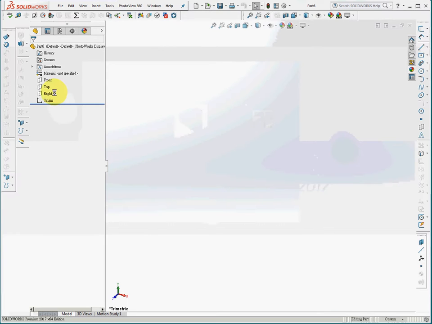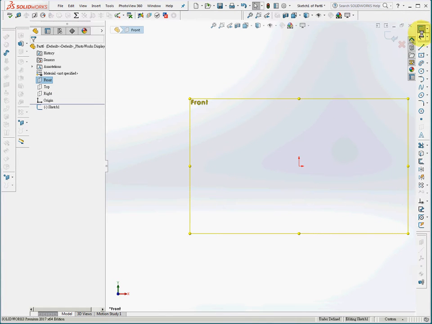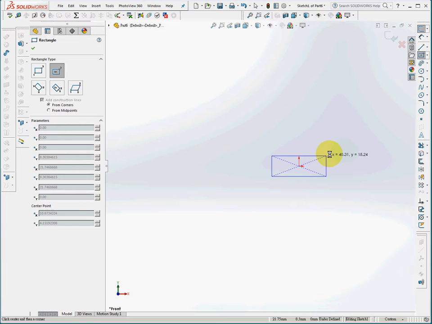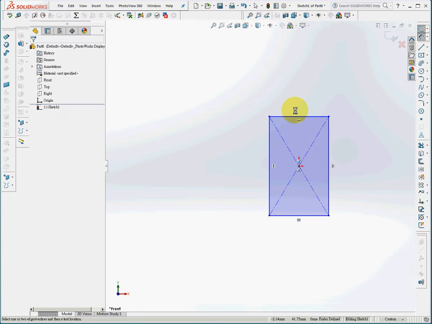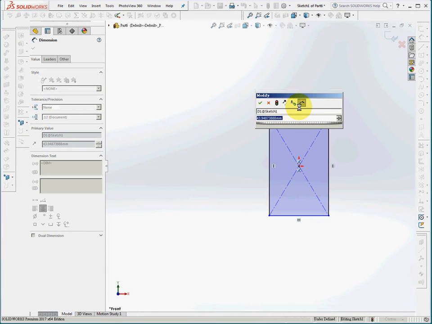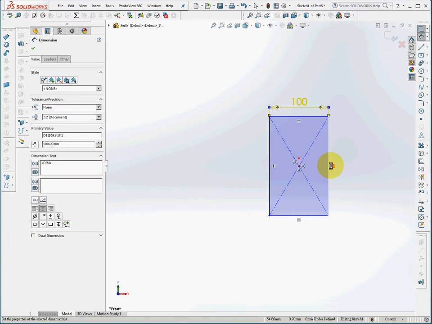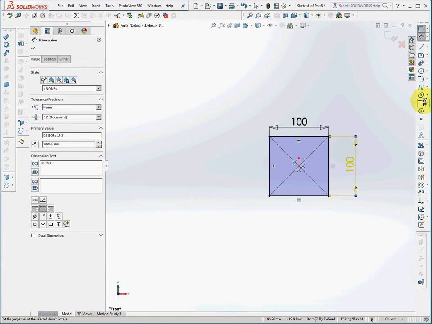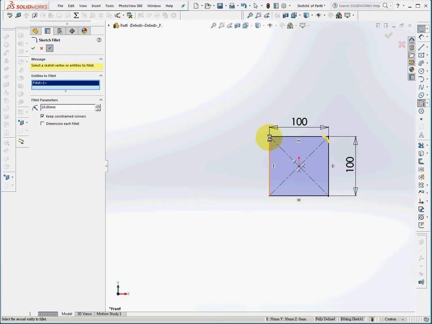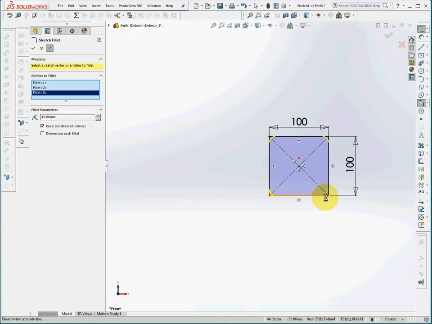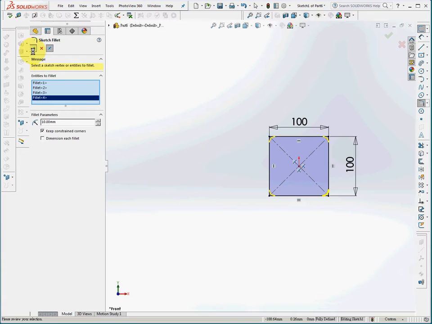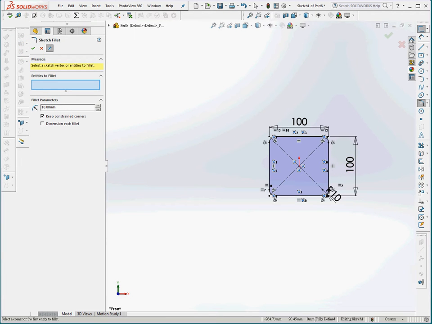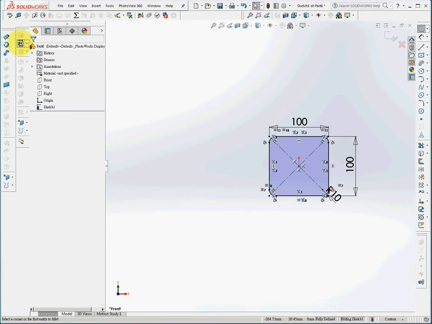Open a part file. On the XY plane, enter sketch mode. Draw a centered rectangle. Place a dimension of 100 by 100 and fillet all corners. And extrude it to 30